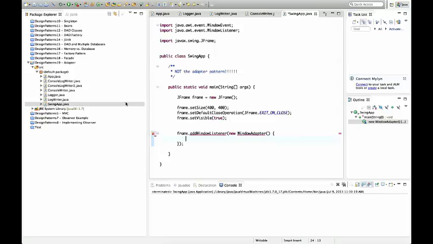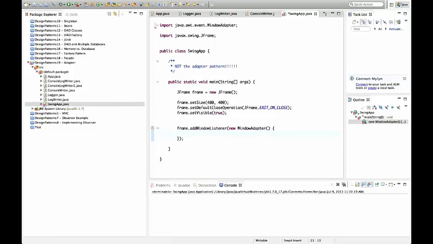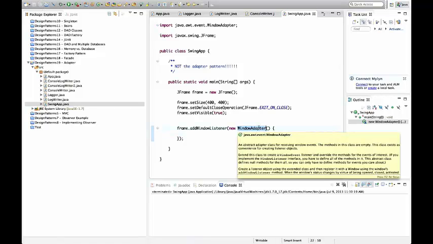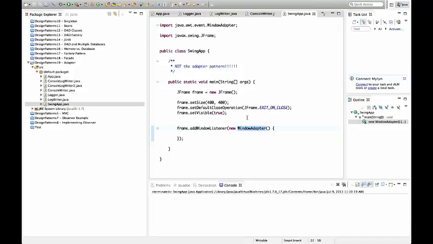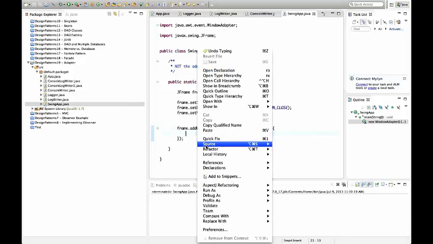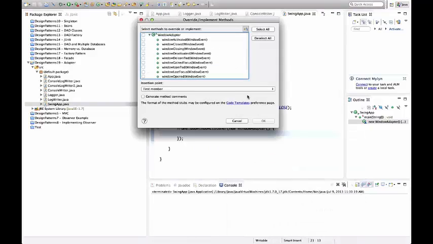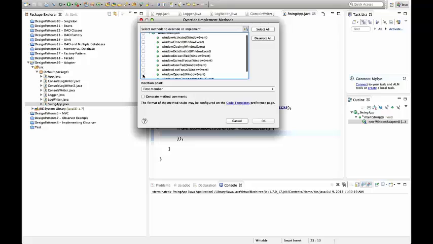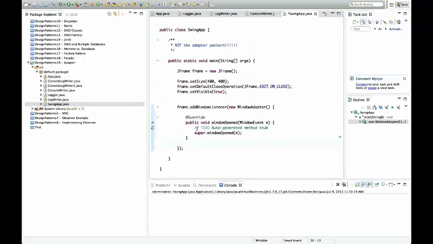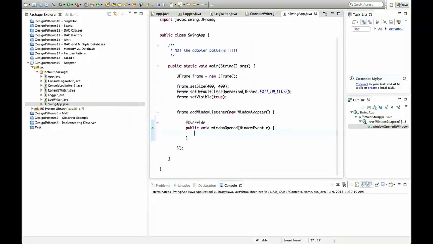And again, I use an anonymous class syntax. Let's add the import there. And now the error goes away. And the deal with window adapter is it's simply a class that implements the window listener interface with dummy methods. So now in here, I can override the methods that I want. I can go to source, override implement methods. Let's try overriding window opened here. That will probably work. And now in here I can put sysout